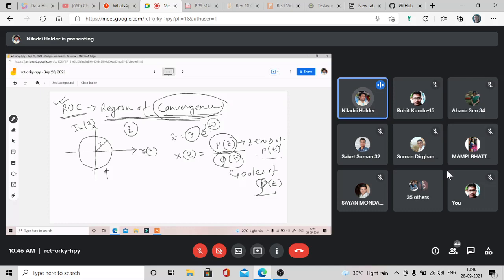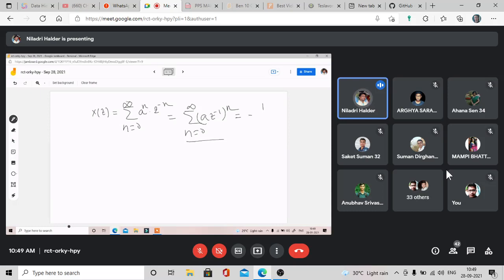So from here what you are getting? The formula 1 by 1 minus a, where the value of a is a z inverse. So simply 1 by 1 minus a z inverse. That is the value of X(z). Okay. Now to calculate the ROC,